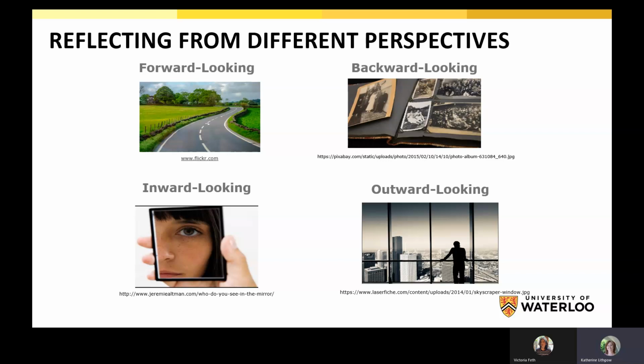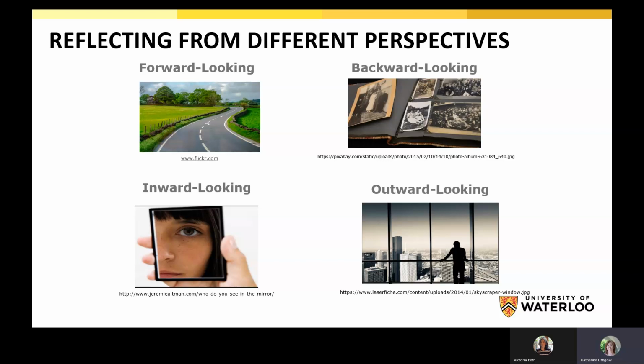So after they have completed something, you might want to have them reflect on how much did you know about this particular topic before we started, and what was that process that you had to go through in order to produce this final piece. Inward-looking reflections ask them to look at maybe processes that they go through or learn more about themselves. So what resources and strategies do they tend to favor, and which ones do they tend to